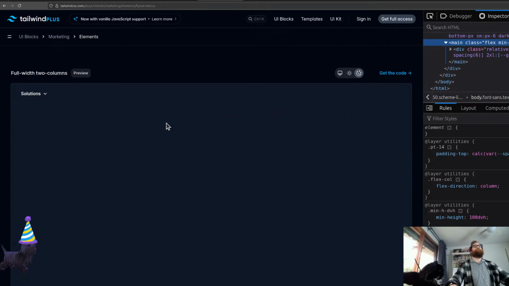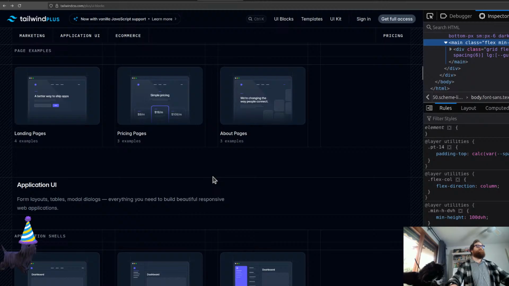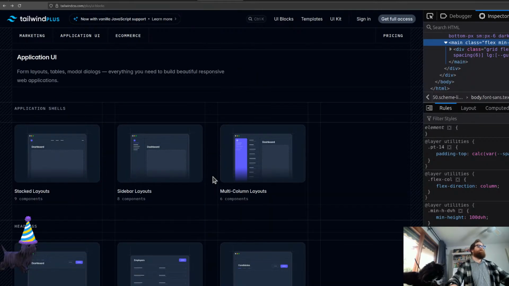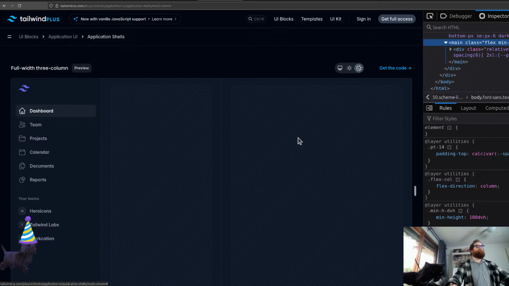Once again, we're not going to deal with those. For a full page, landing page, no, we're not dealing with pages. The stack layouts, sidebar layouts, that's what we were doing. And then there's the multi-column layouts. It's got 2 columns there, but